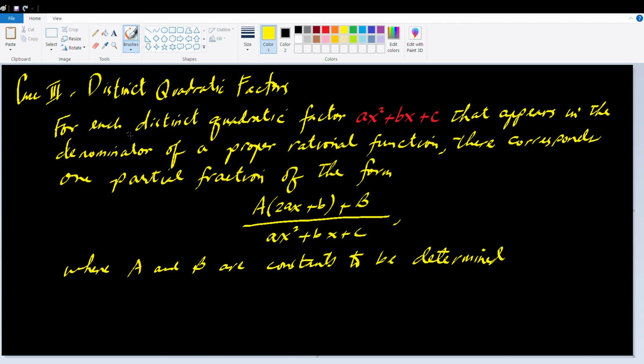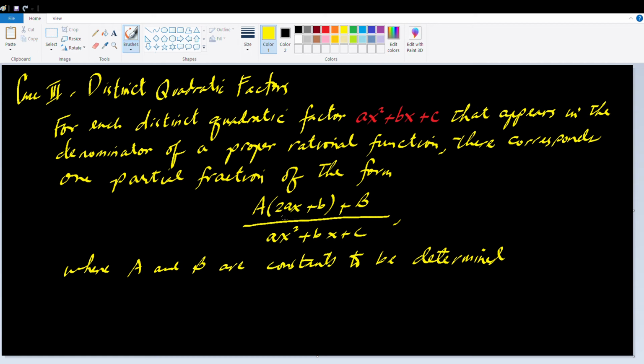We discussed the third case in integrals involving rational functions by partial fractions. Case 3 is all about distinct quadratic factors. So, for each distinct quadratic factor in the form ax squared plus bx plus c that appears in the denominator of a proper rational function, there will be one partial fraction corresponding to it, and it takes the form